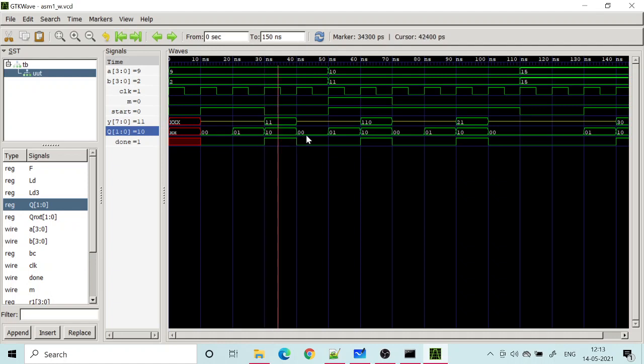Okay, so then 10 into 11, 110. Then here it is 15, or 10 plus 1 is 11, 21, so it is here. Then 15 plus 15 is 30. So the only disadvantage here is that I require one extra clock cycle to get the output. But it is correctly coming, the output is getting latched correctly. Okay, so this is basically the example 2 that we have taken.